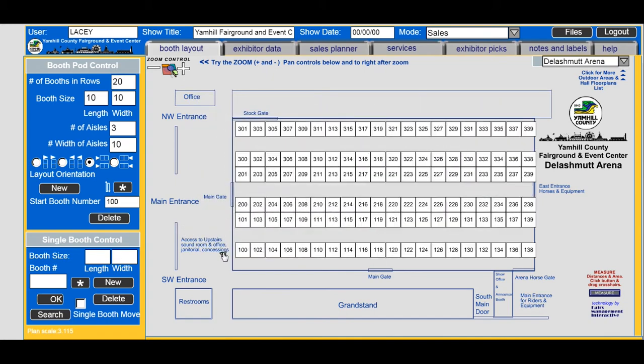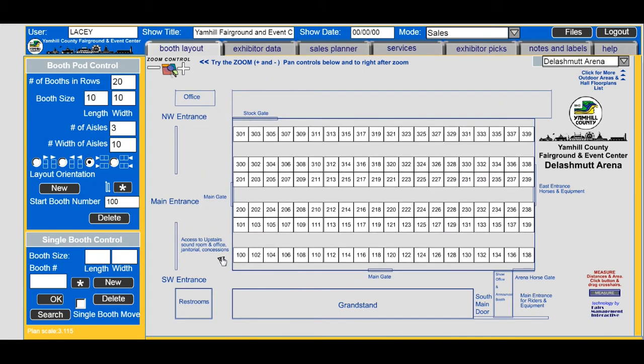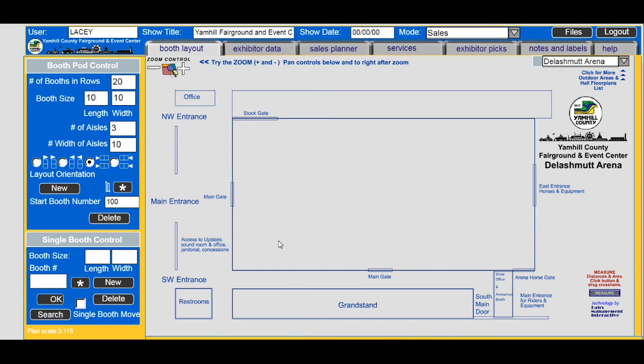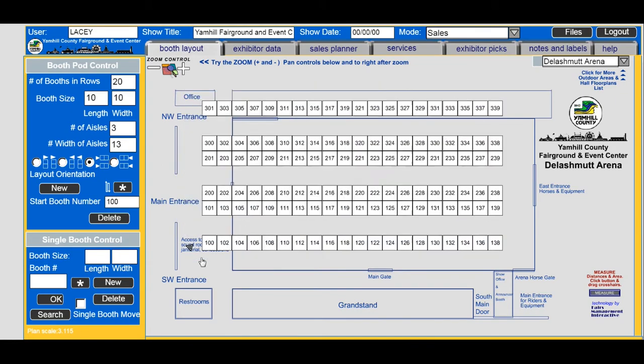It's automatically numbered. I knew that we had more room than that because of the dimension of our hall. So you can see at each end, up and down, we have some room left over. I simply hit this and go delete. And my point here is it's easier actually than trying to calculate to guess, because it only takes a few seconds. I'm going to add on some distance to the width of our aisles, hit new again,